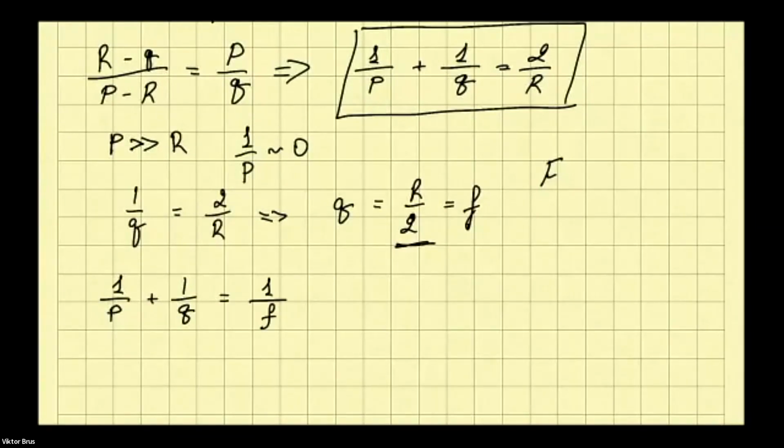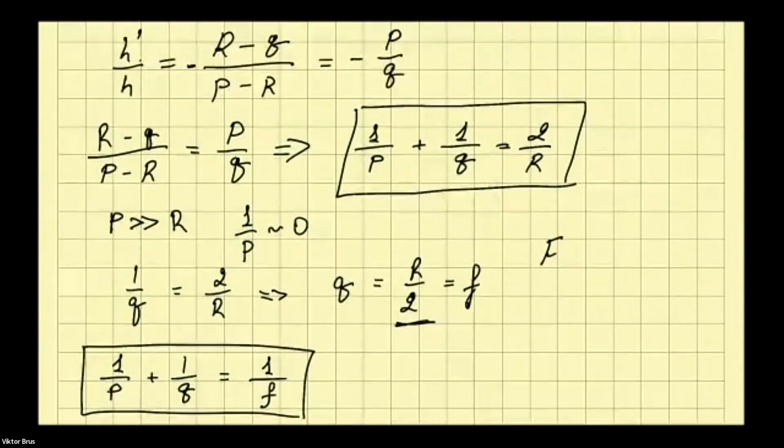So the sum of the reciprocal distance of the object to the mirror and the image to the mirror should give us the reciprocal value of the focal distance of this mirror. And this is another form of the mirror equation, which now you understand where it comes from, how we actually got this